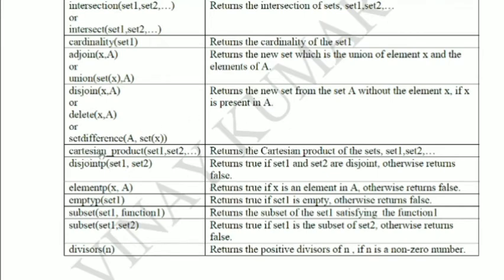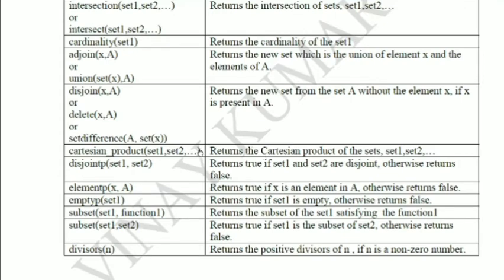Similarly, the next one is the Cartesian product of sets. Your command is cartesian_product of set 1 comma set 2, etc. What is the Cartesian product of, say, sets A and B?